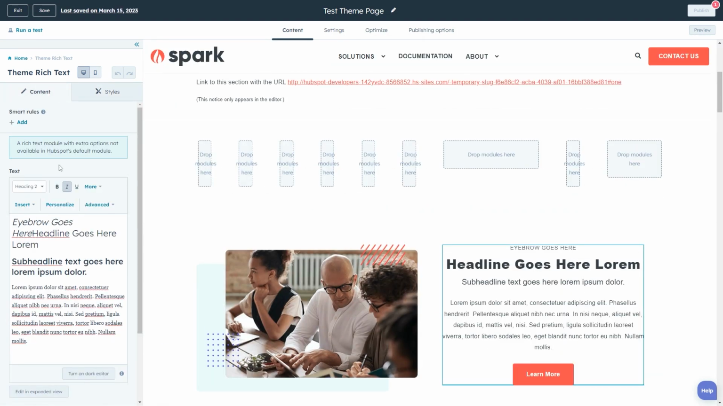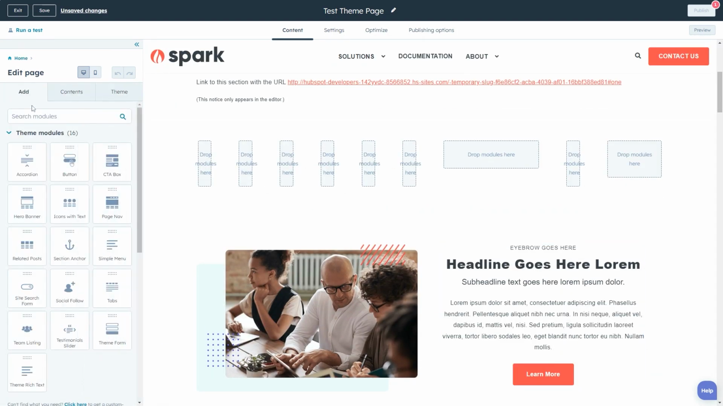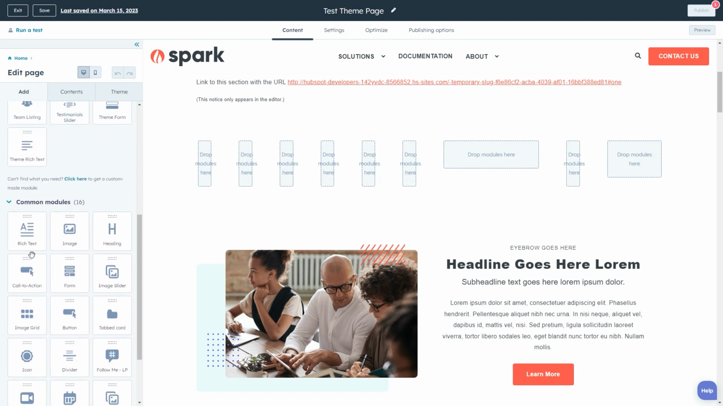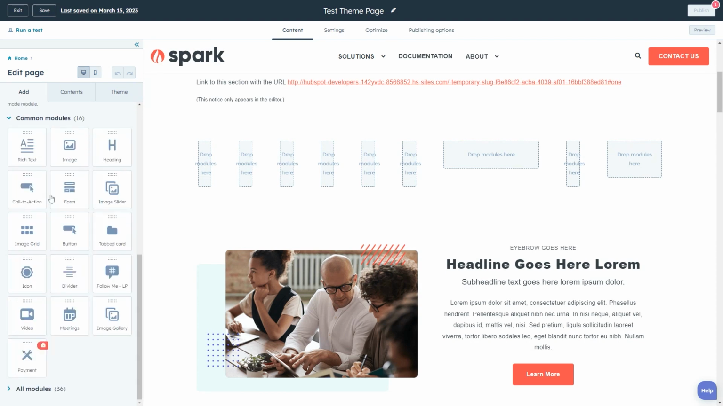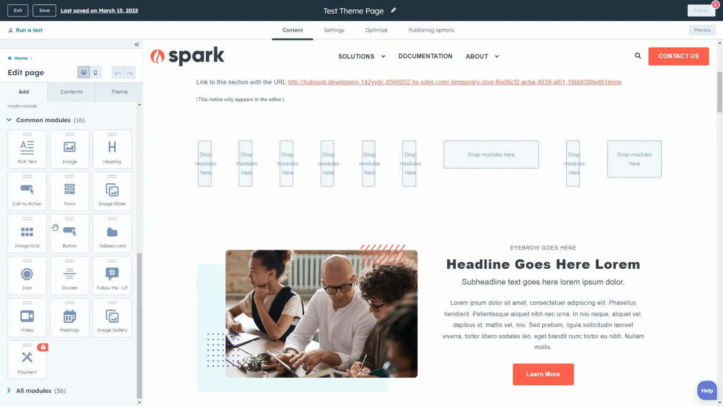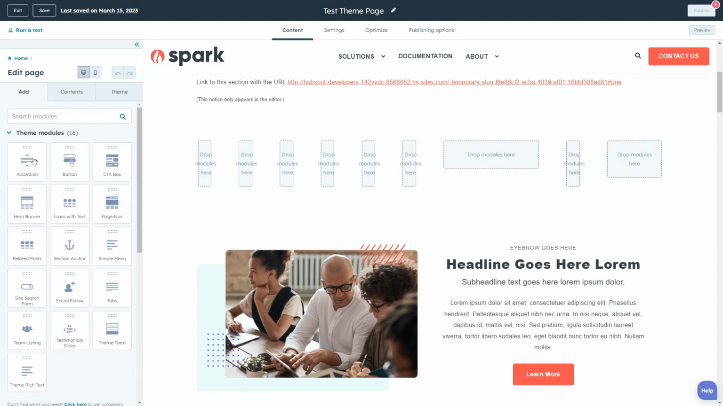To add new modules, go back to the Home of the sidebar and to the Add tab. All your theme modules will be listed under Theme Modules, followed by HubSpot's default Common Modules, and then all modules that are in your portal. Note that only theme modules and common modules will ever be specifically styled for a theme. Anything under all modules may not appear as you would like it to, or may not even work in the